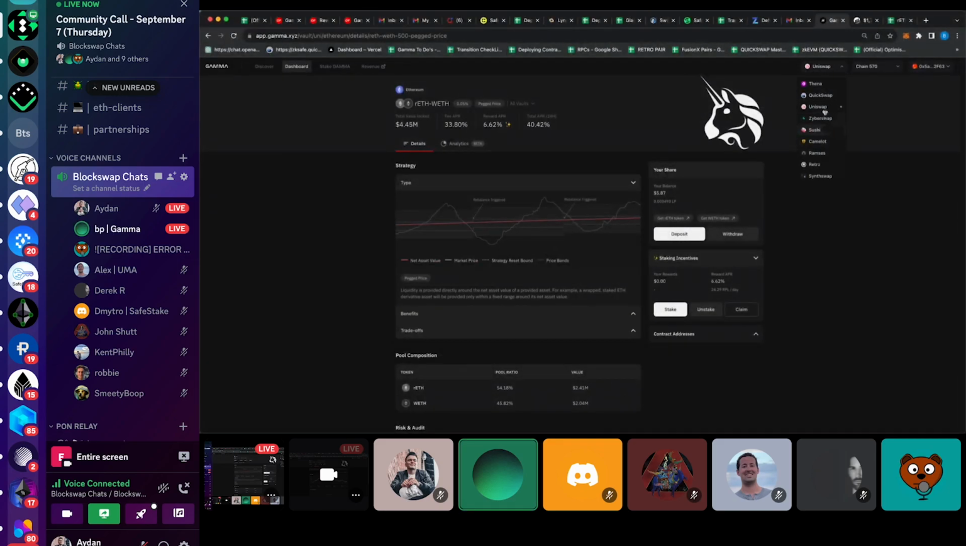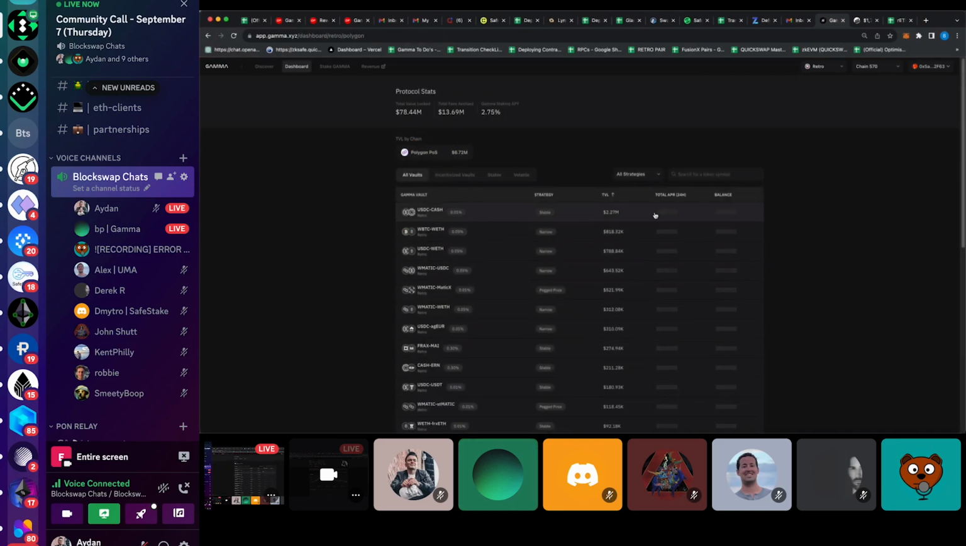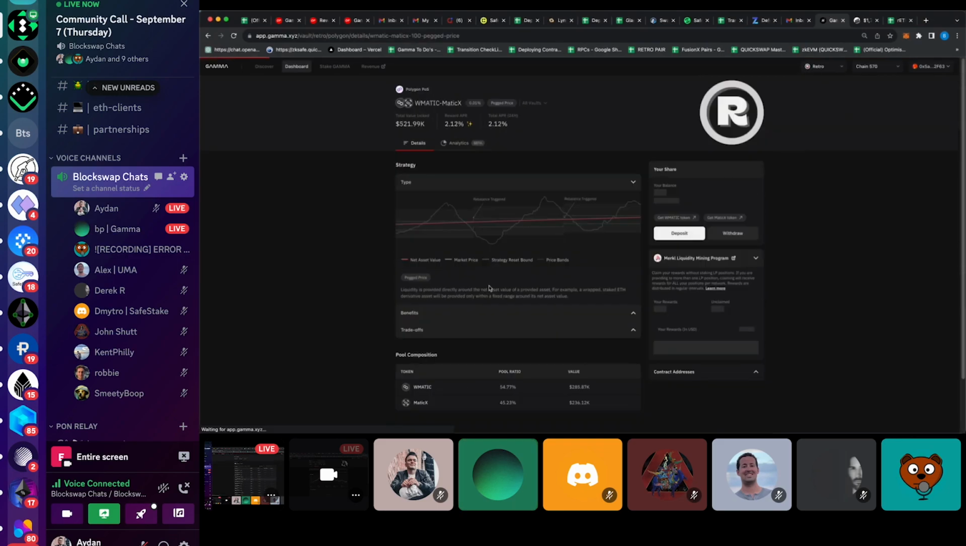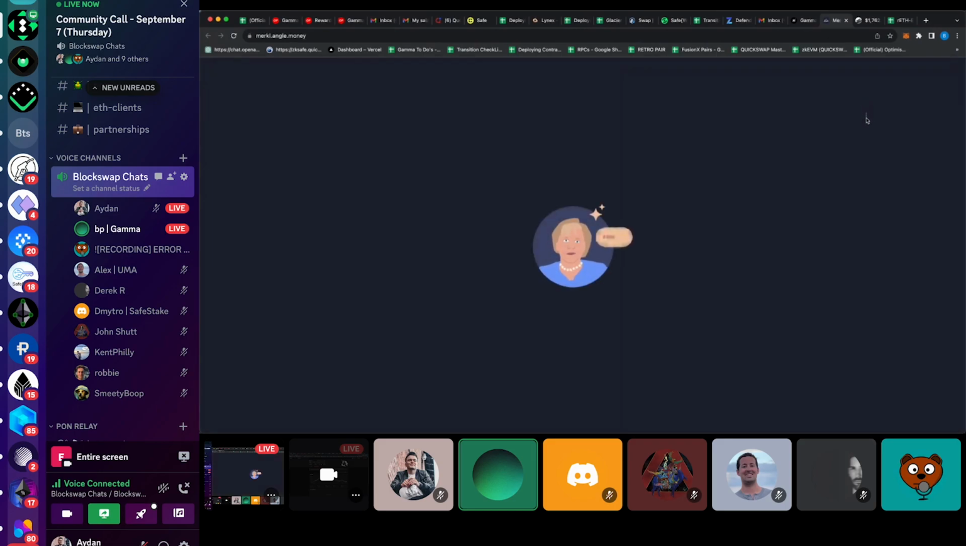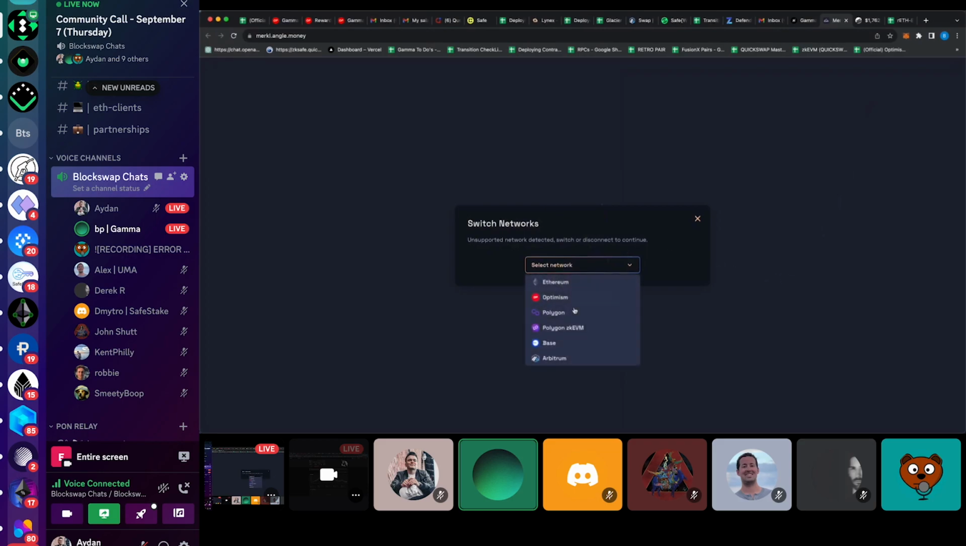So you could see that type of integration. We have that on Retro. So Retro, this would be, for example, WMatic MaticX, which is another LST pair. This is done via Angle Merkle. The Angle Merkle program is an off-chain solution, but it will query all the positions. The main advantage is it's completely